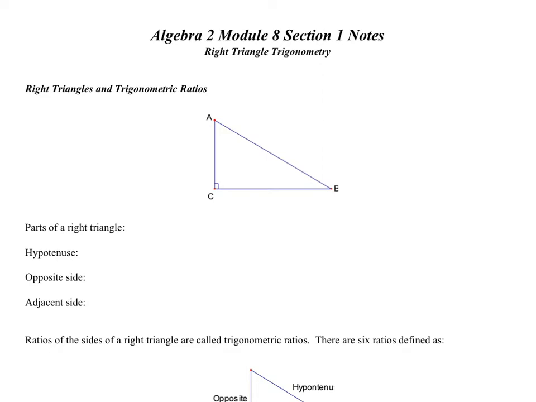That has one right angle and then two acute angles. If you remember, all of the angles in a triangle add up to 180. So in a triangle we have a couple different parts. One part is the hypotenuse. The hypotenuse is always the longest side